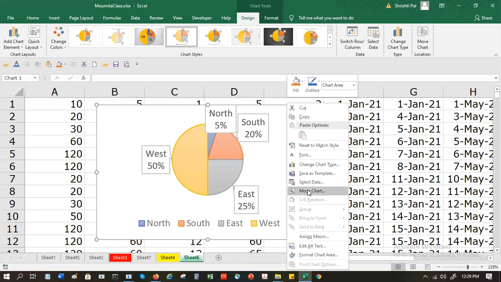And I can change the chart type also. If I don't want it as a pie, I can change it to any of the types. Now next I'll come to the different types of charts. At least the basics now you know. So I will show you,